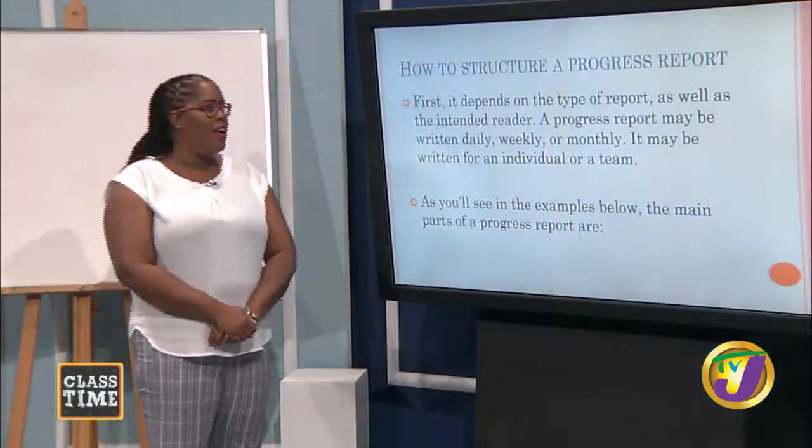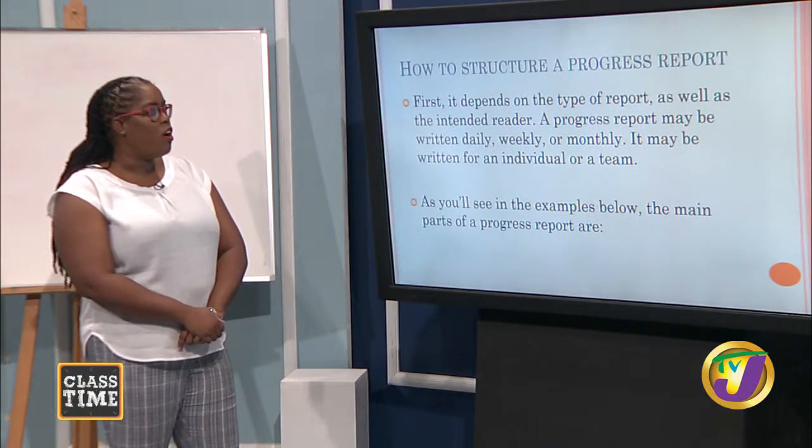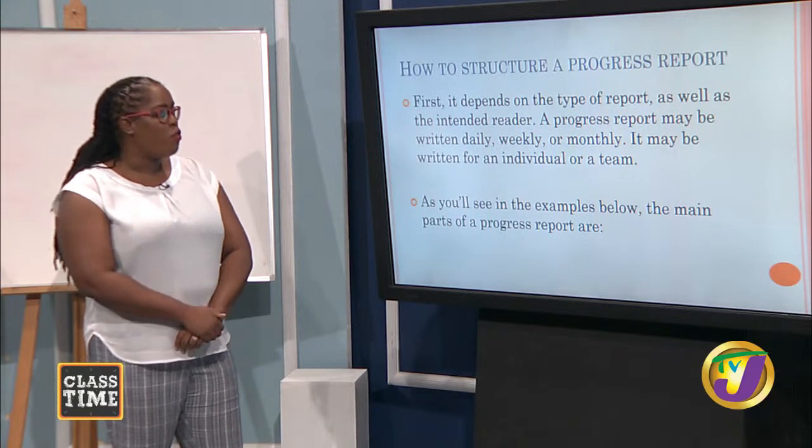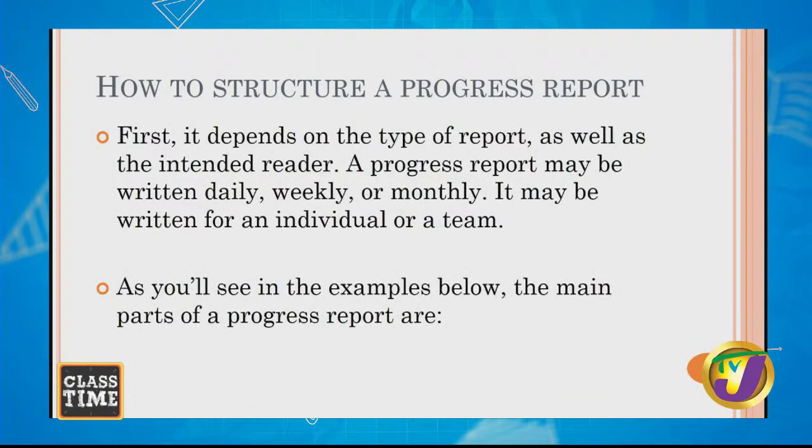Welcome back. So we're moving on. Now, how to construct or how to structure a progress report. First, it depends on the type of report as well as the intended reader. A progress report may be written daily, weekly, or monthly. It may be written for an individual or a team. As you'll see in the examples below, the main parts of a progress report are: